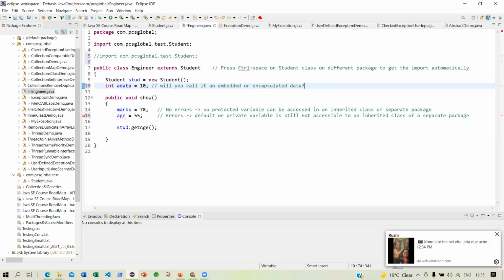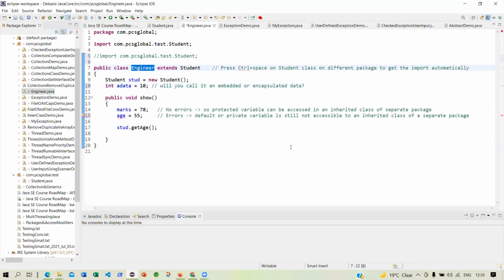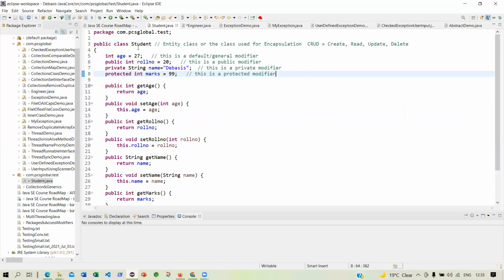Where is the encapsulation? There is no encapsulation, because you have not used encapsulation at all. Encapsulation is only done when you are using getters and setters. This is a normal class. But in student, you have used encapsulation because you have used the getters